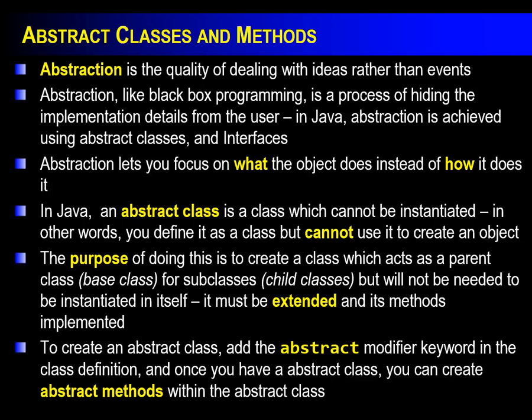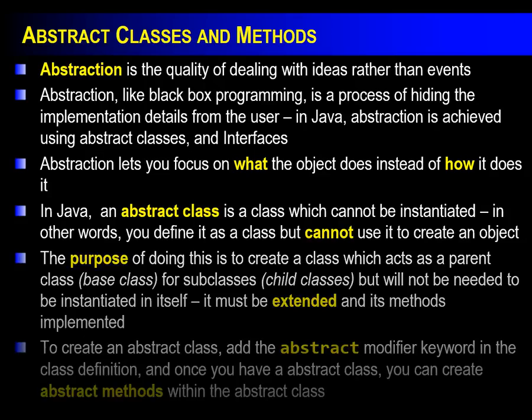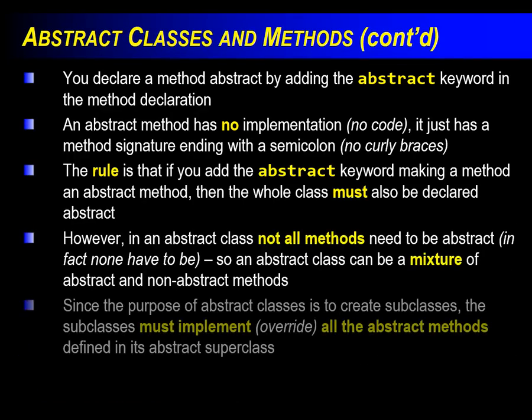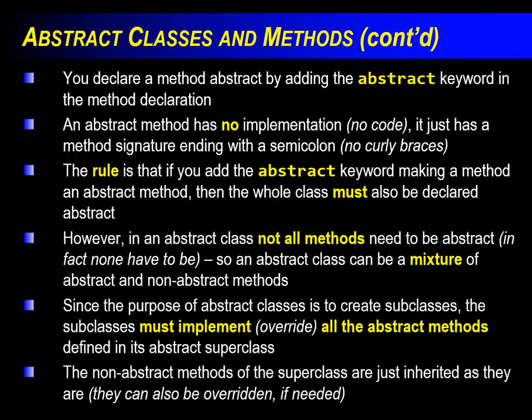To create an abstract class, we just put the keyword or modifier abstract into the signature line of the class. And once we do that, we can then create abstract methods. Okay? Same way with methods. To make a method abstract, you also add the abstract modifier keyword into the signature line of the method declaration. Now, an abstract method is an odd method. It has no code with it. In other words, it doesn't even need curly brackets. It just ends in a semicolon, which is again strange for methods,